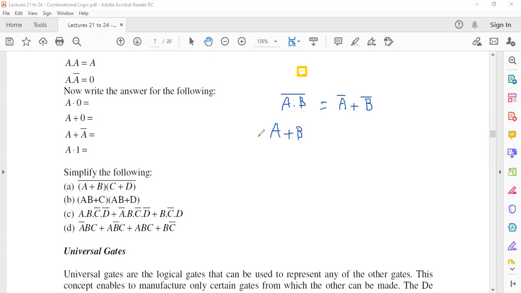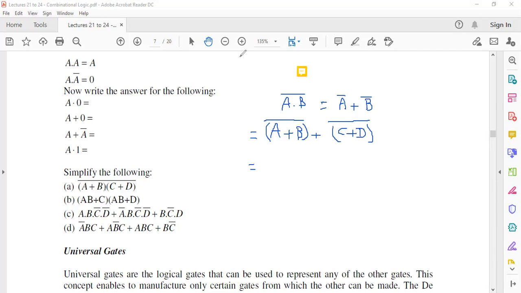So if you have this now, it means we can take the individual expressions, complement them, and OR them. Because the AND becomes OR on the right hand side of De Morgan's rule. And then C plus D again, you would have to complement that. Now you can apply De Morgan's rule again, because now you have A or B whole complement. It means this can be equal to,